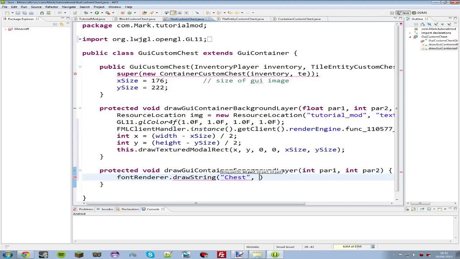The next one's the start X position of the text, so I'm going to bring it in a bit from the edge, maybe 8. Start Y position, I'm going to bring it down from the top, 6, just so that it's not encroaching on the side of the picture. And then the last argument is a colour,